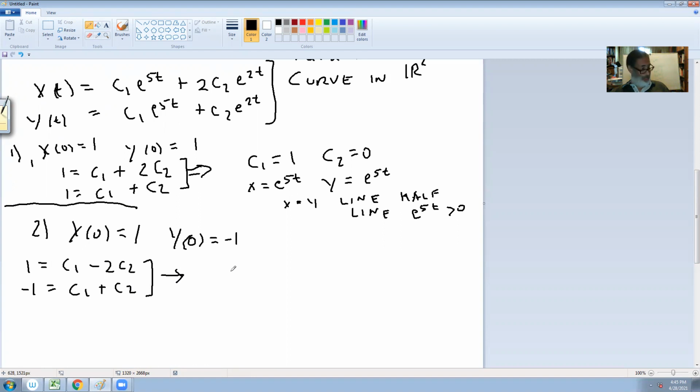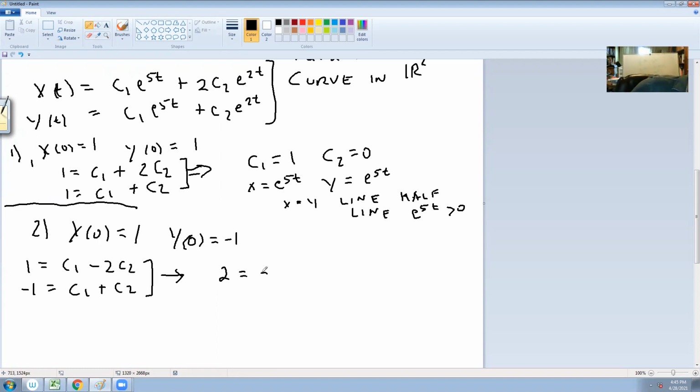What I like to do here is go ahead and subtract. I can subtract these two. So 1 minus a minus 1, I want to make sure, I subtract this equation from this equation. That cancels the C's. So it gives me 2 is equal to minus 2C2 minus,